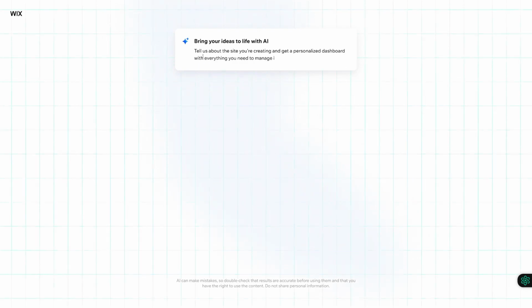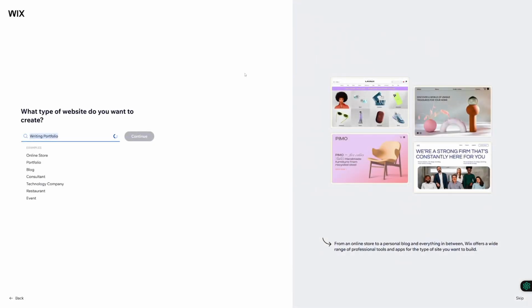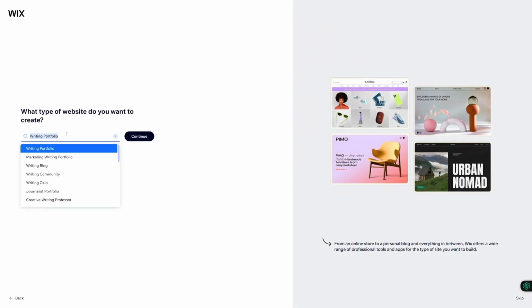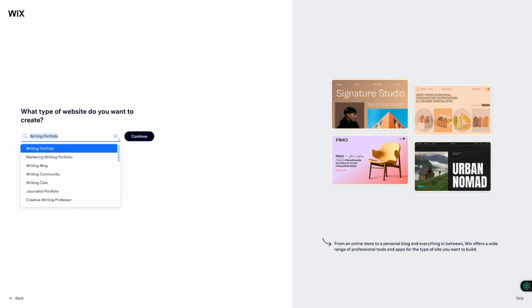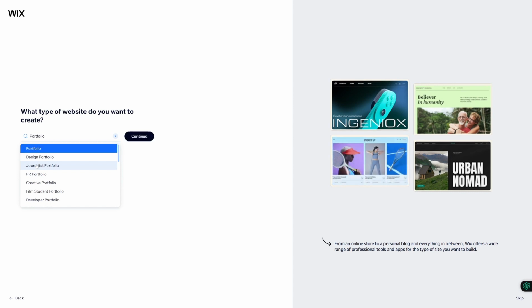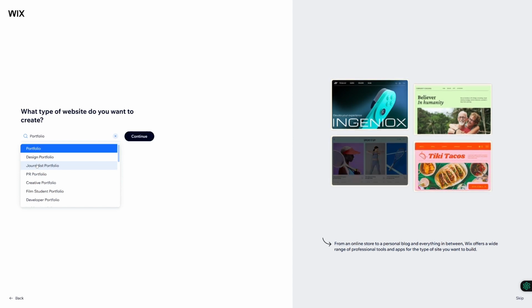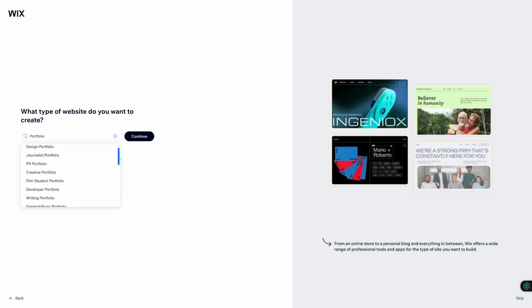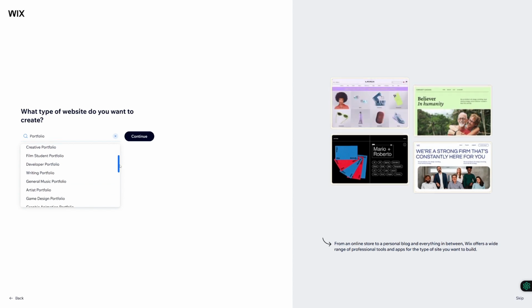Now just wait for a couple of seconds. You can see we have this AI model integrated now, so I'm going to be skipping this for now and jumping straight on to this section where it is asking what type of website do you want to create. So we want a portfolio site. Just select the portfolio option, which is in the second place,